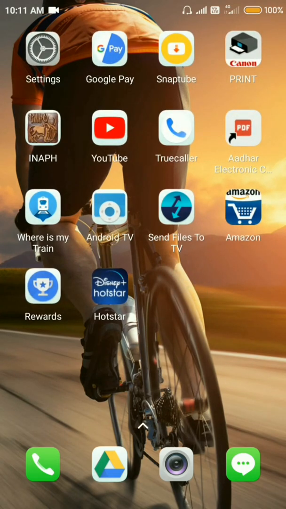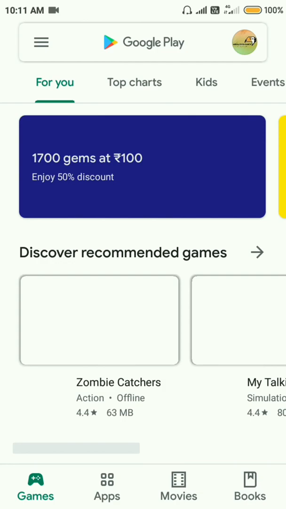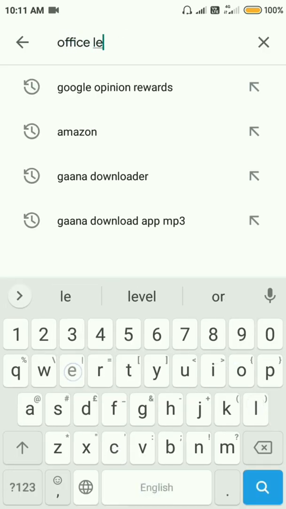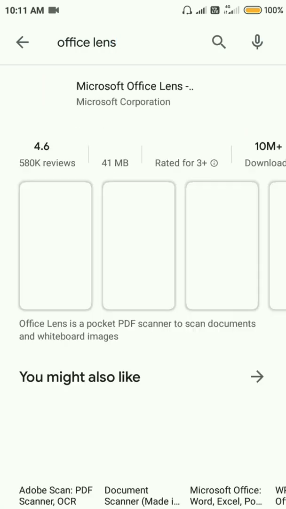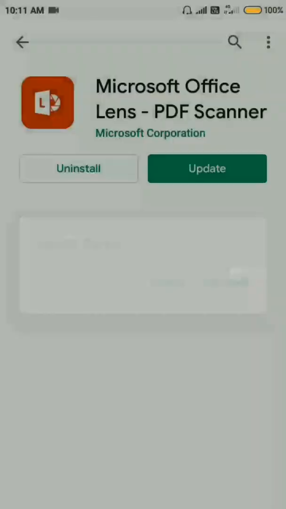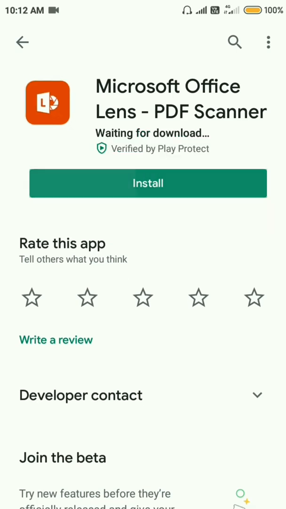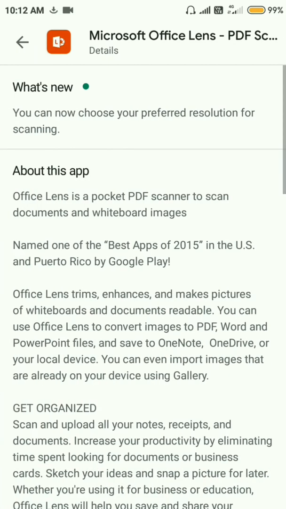So first, all you need to do is just go to the Play Store or even the App Store. It is available, and search for Office Lens. I've already installed it, but I will uninstall it and show you again how to use it. Till then, I will tell you its features.